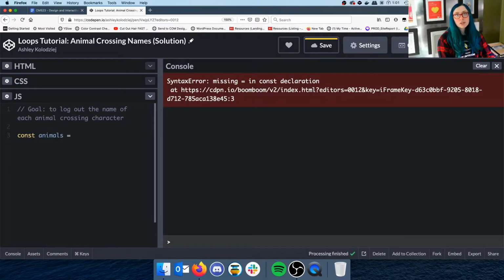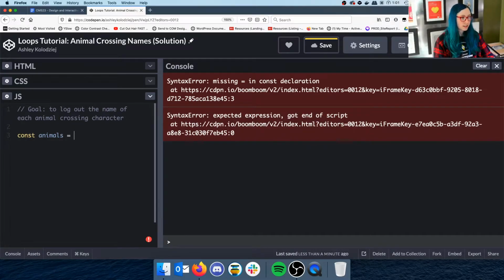Now, from here, you could do an object or an array. We'll learn more about these as we continue with this class, but for today, I'm going to do an array. An array is just a simple list. It's really good for just holding lists of stuff, and I just want to hold a list of animals here. Each animal will be an object. Remember, objects hold related data. So here, my first animal is going to have a name of Isabel and a type of dog.